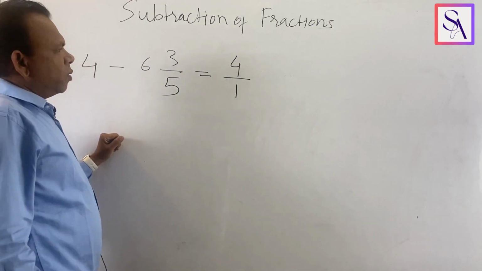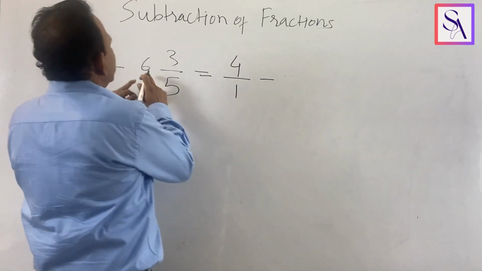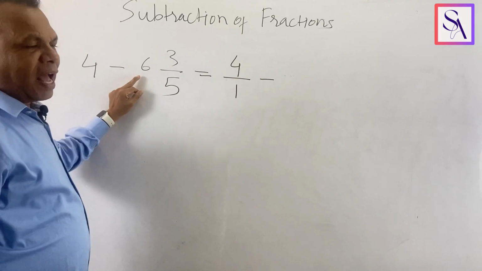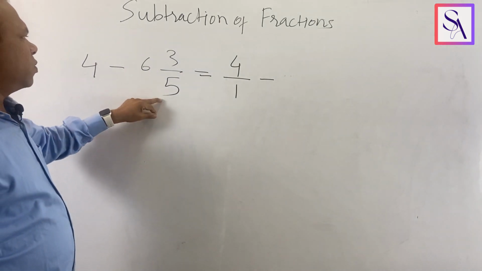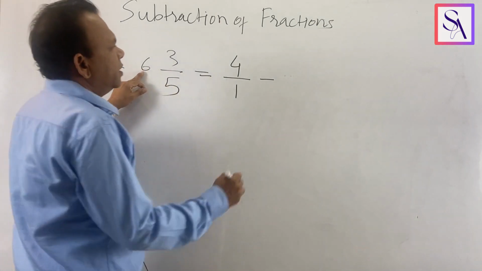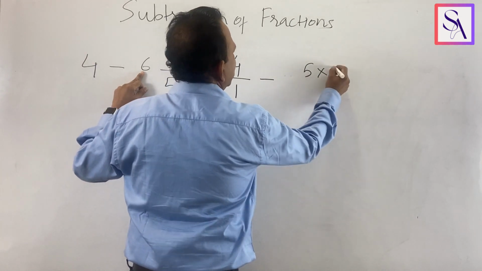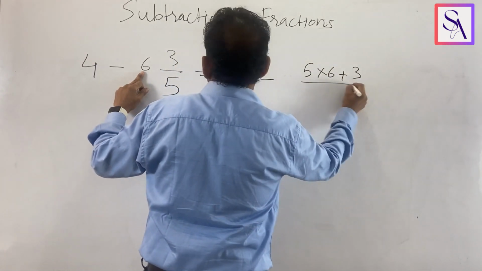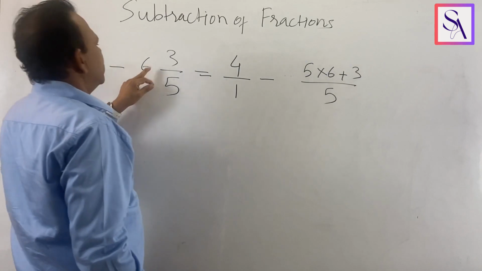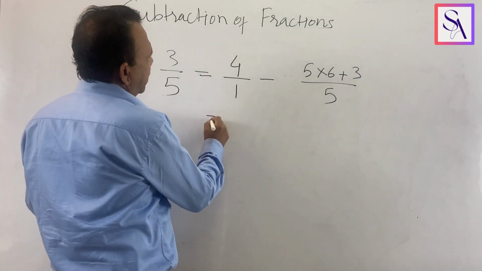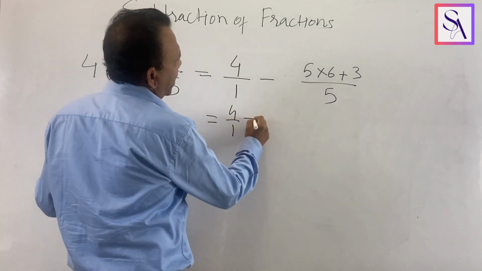Always a denominator is 1, minus 6 3 by 5. I can convert that into improper fractions. How to convert? 5 into 6 plus 3 by 5, correct? Then 4 by 1 minus